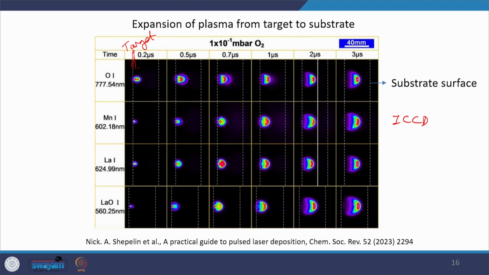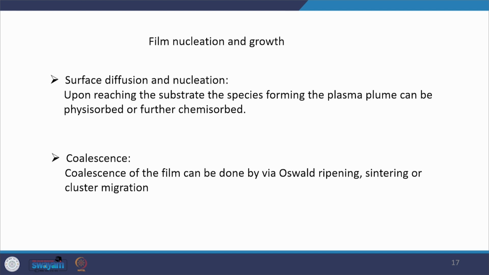Depending upon the mass of these ions, they can have a different velocity, so they can have different time of flight to reach the substrate from the target. Now, further, when all these species deposit on the substrate,